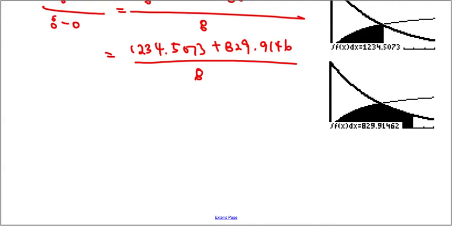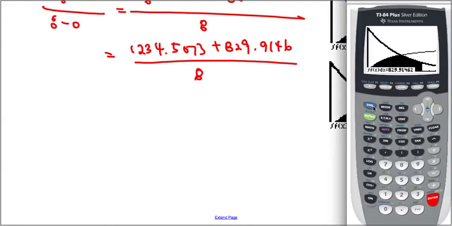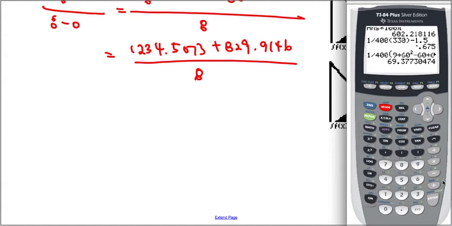So let us try to do that together. Second quit. So clear. We have 1234.5073 plus 829.9146. Then that's the value we end up getting, but we have to divide that by 8. Therefore, our final answer will be